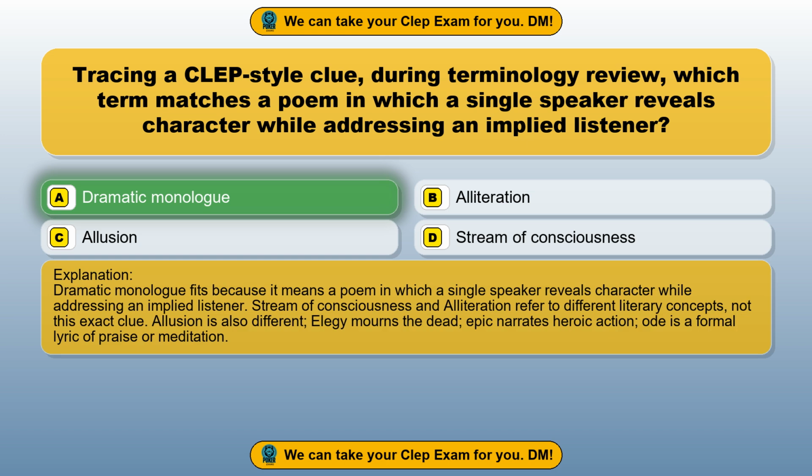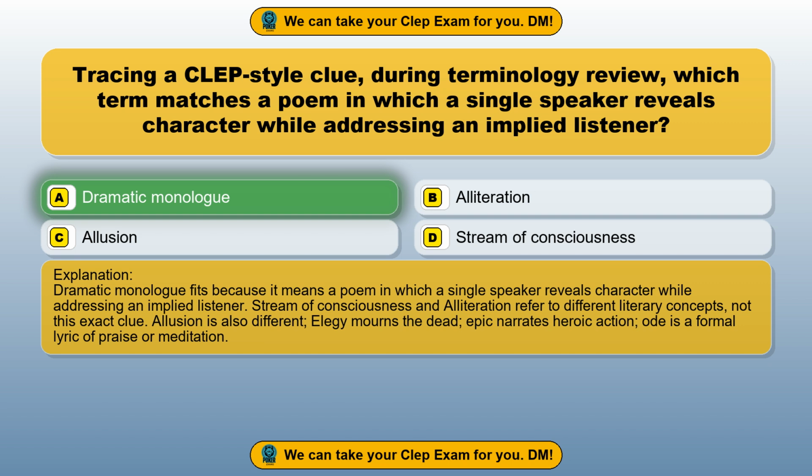Dramatic monologue fits because it means a poem in which a single speaker reveals character while addressing an implied listener. Stream of consciousness and alliteration refer to different literary concepts, not this exact clue. Allusion is also different. Elegy mourns the dead, epic narrates heroic action, ode is a formal lyric of praise or